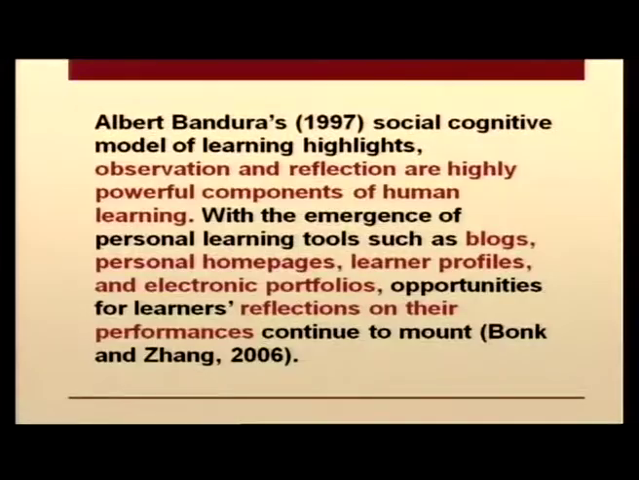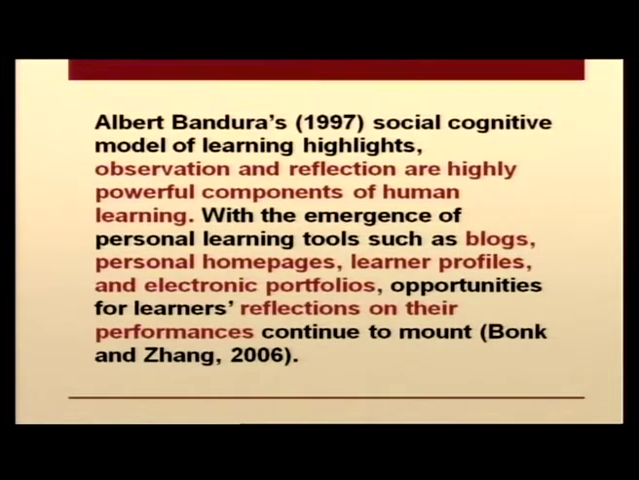Now, Albert Bandura's social cognitive model of learning highlights observation and reflection. These are highly powerful components of human learning. Observation and reflection, these two are very powerful, as I am talking about all through. Now, with the emergence of personal learning tools such as blogs, which are very common nowadays, then personal home pages, learner profiles and electronic profiles, portfolios, electronic portfolios which are also called e-portfolios,